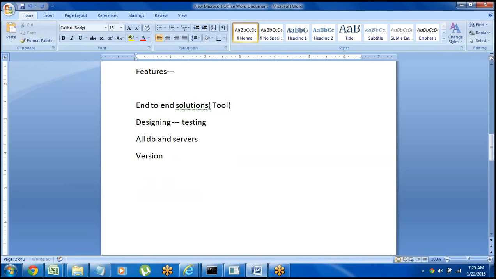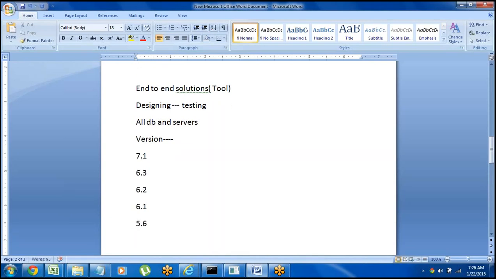Next, coming to the versions. The latest version of Pega is 7.1, and the previous versions are 6.3, 6.2, 6.1, 5.6. So we have some versions like this, and the latest is 7.1. But in real time, all the companies are using 6.2 and 6.3 versions.